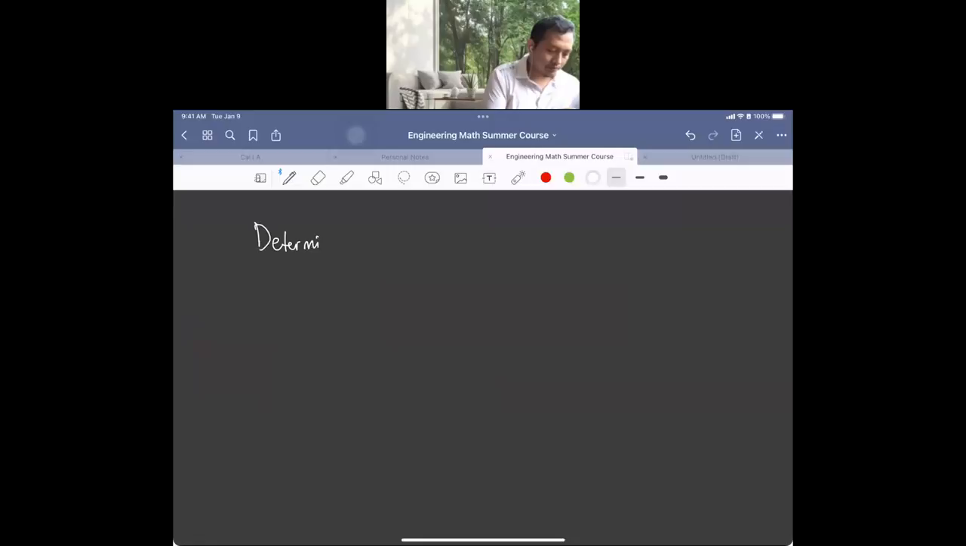Determinant of transpose. If A transpose is the transpose of an n by n matrix, then the determinant of A transpose is equal to the determinant of A. So it's just the same. Because remember, with the transpose, you are changing row to column and column to row, and basically, if we are having the